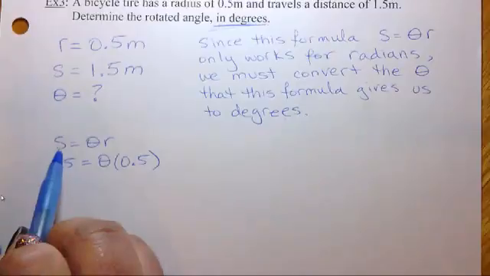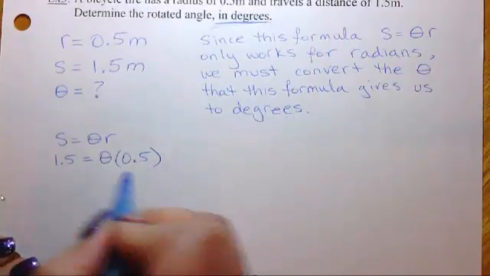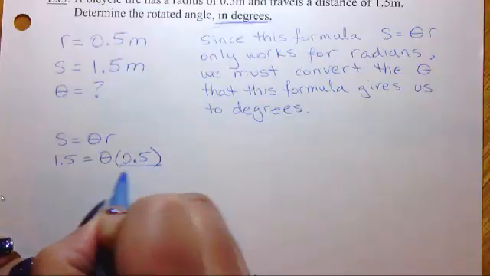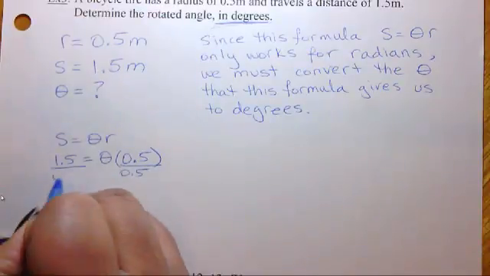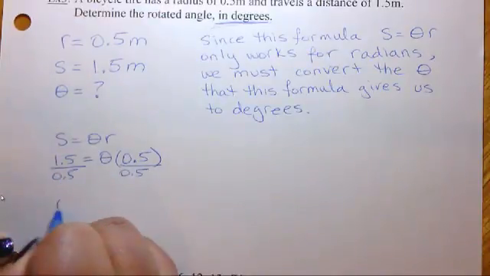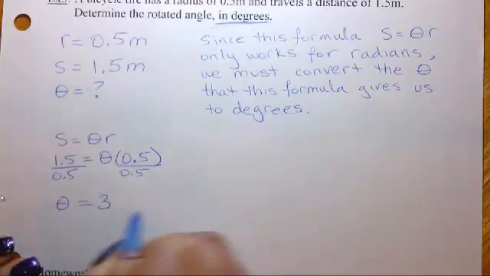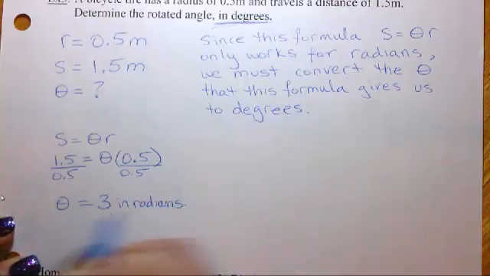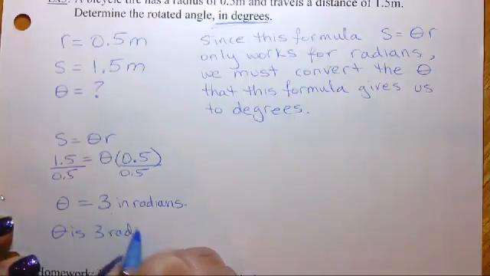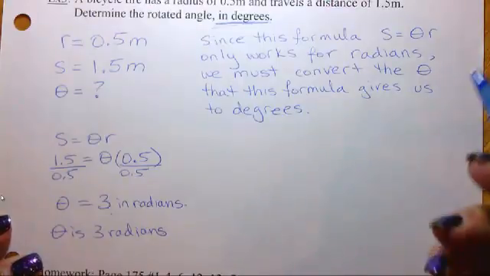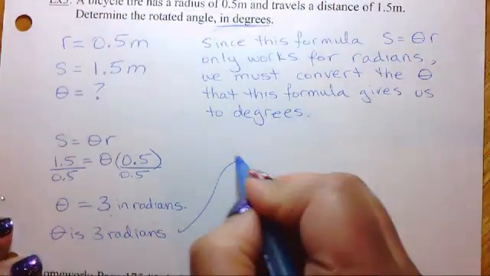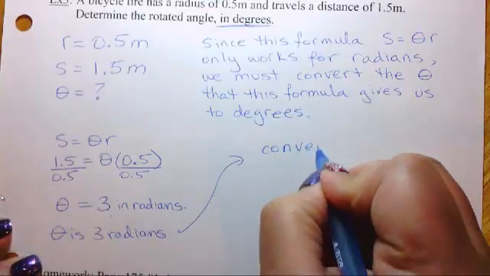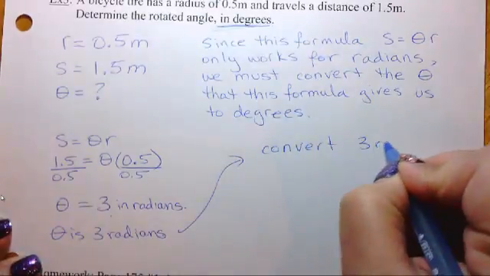So I've taken the liberty to set up the equation and plug in the numbers that I know. I'm going to solve for theta. I'm going to divide both sides by 0.5. And then I get theta is equal to 3. Now this is in radians. So theta is 3 radians. The question asks for it in degrees. So now we need to convert 3 radians